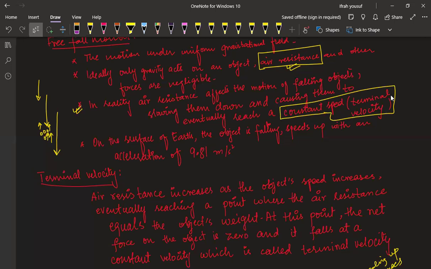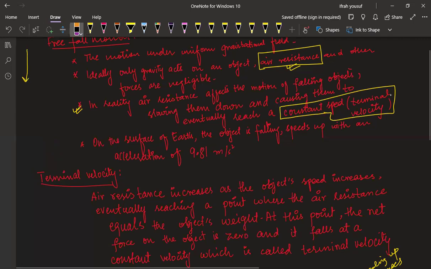Are you getting my point? Is this point clear to you or not? Kind of. Okay, fine. Let me explain it again. Initially, the body is speeding up. Initially, whatever the speed the body has,